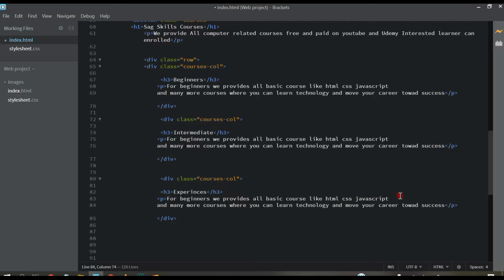You can change all these texts, like instead of this HTML, Python, Java, Dart, Flutter, React, and here PHP, Ruby, and other related, JavaScript, and here like this. So Control S, let's see how it looks in the browser.